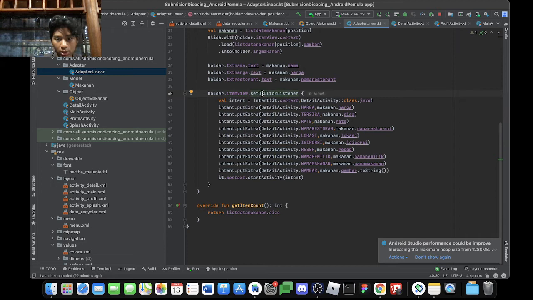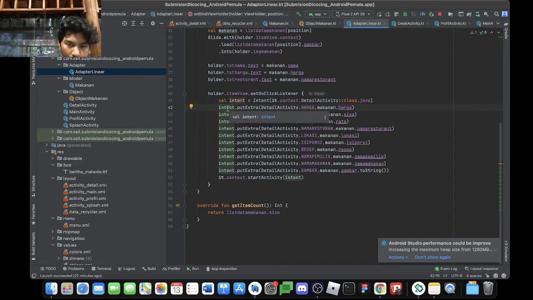holder.itemView.setOnClickListener, curly bracket, and inside of it make a variable intent equal Intent. This is the name of the variable, intent, and it's context, DetailActivity::class.java inside of normal brackets.